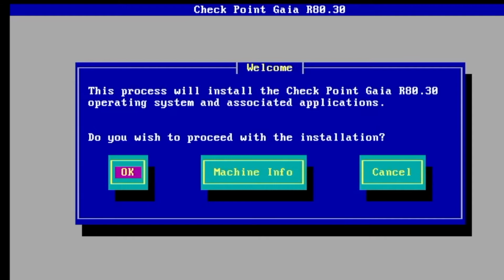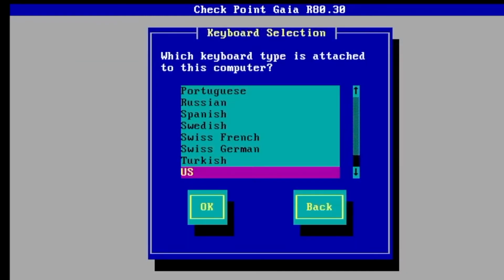Now it says this process will install the checkpoint Gaia R80.10 operating system and associated application. Do you want to proceed? I say yes. Okay.